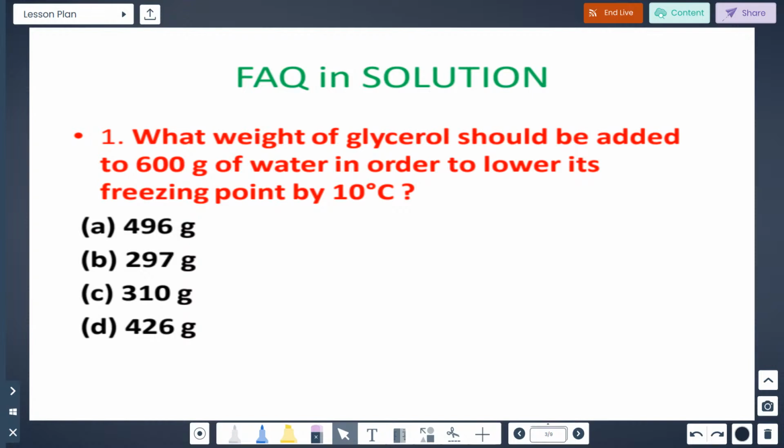What weight of glycerol should be added to 600 gram of water in order to lower its freezing point by 10 degrees Celsius? So this is also one of the colligative properties, here based on freezing point. Freezing point means you must know the formula, then only you can do the sums. See the formula is,